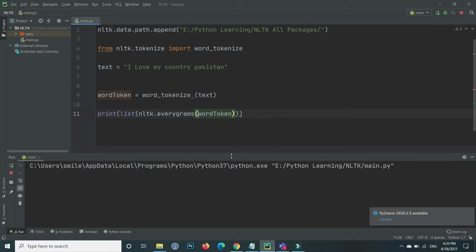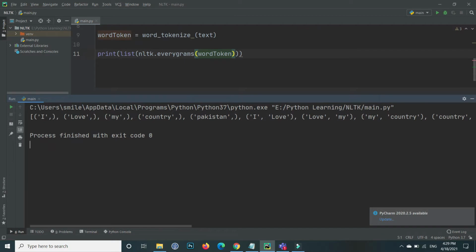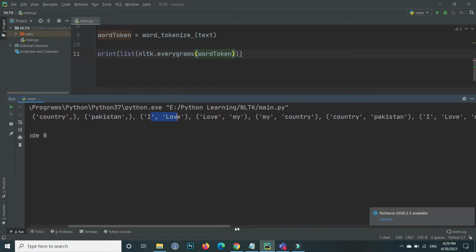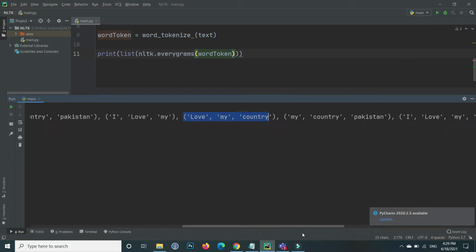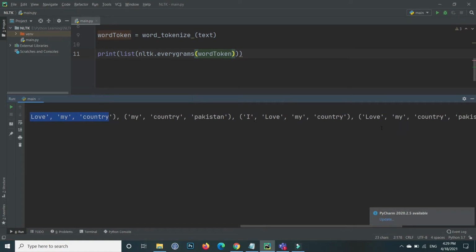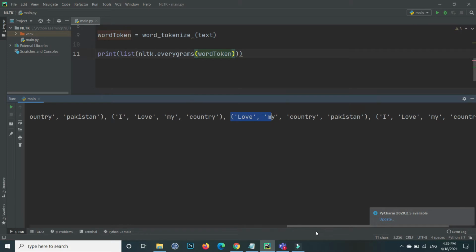Click on enter, and from the result here you can see that first each individual gram is showing to you, and then the bigrams, and then the trigrams, love my country, three words, and at last love my country Pakistan,